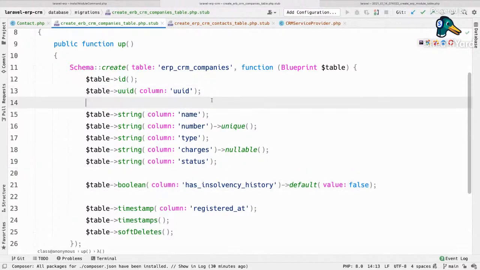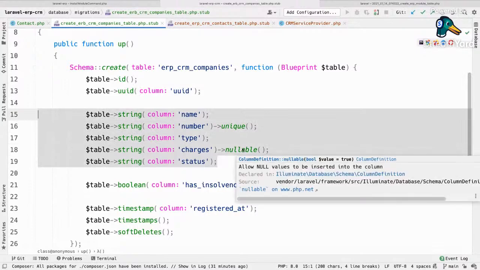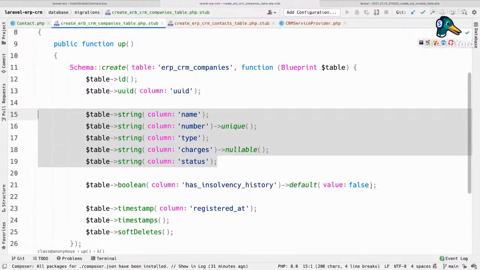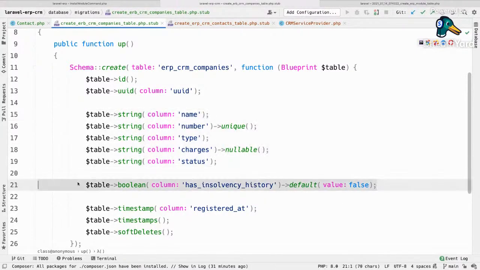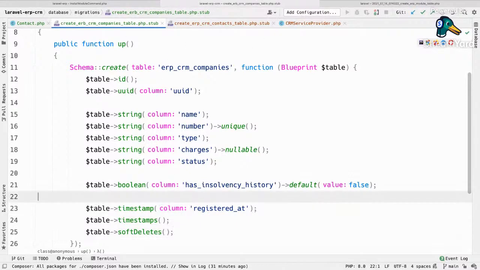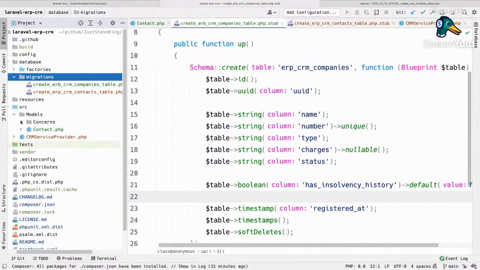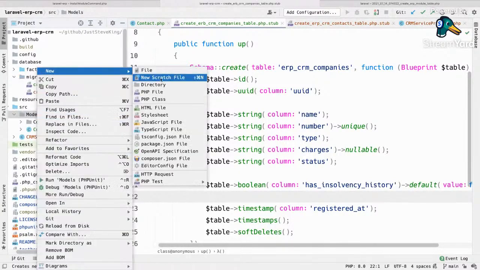A lot of it is string values, their identifiers. Here's some string values which we can enter. Information to say whether it's insolvent or not, and then some timestamps towards the end. That works perfectly. So next I need to come over to my models and I need to create a company